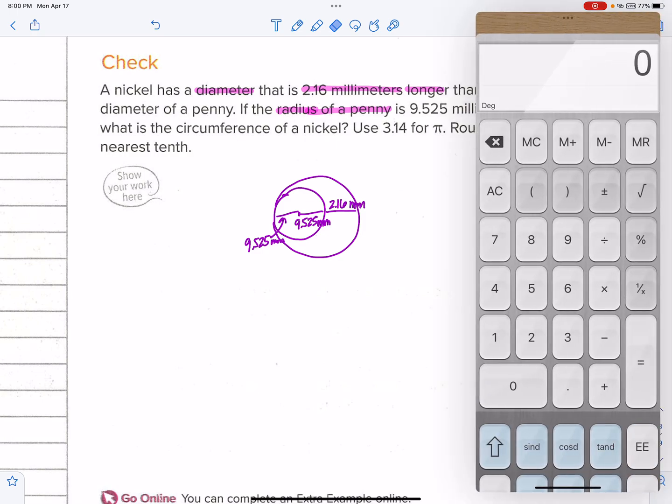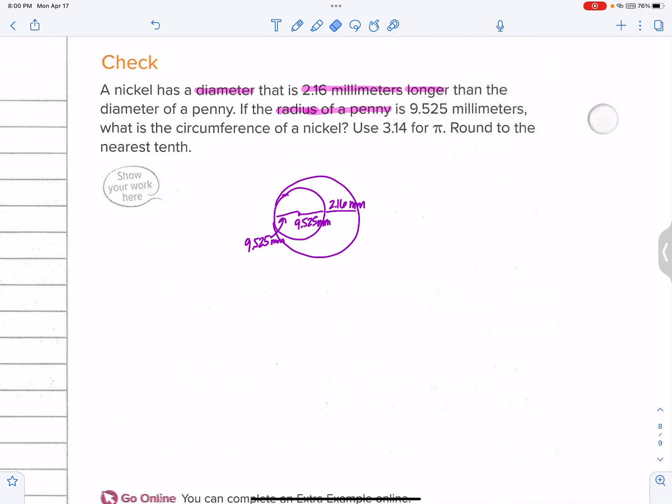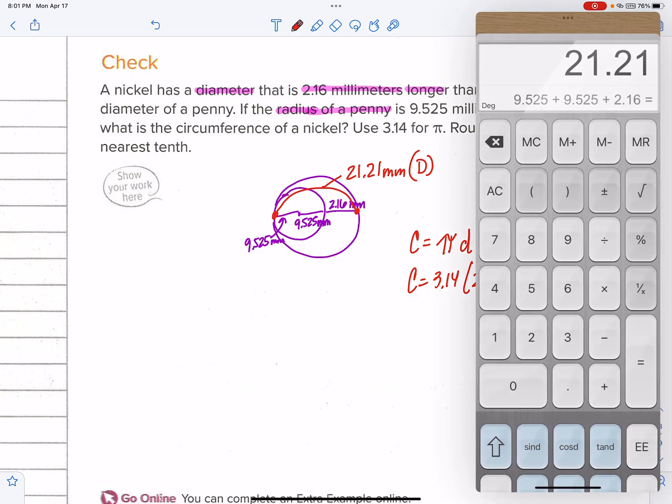So I don't want to risk making a mistake here, so let's go ahead and add it up. 9.525 plus 9.525 plus 2.16, and my entire diameter is 21.21. So from here all the way to here, we have 21.21 millimeters, and that's my diameter. Now that I know that, we can solve the circumference for our nickel. So circumference equals pi d. Circumference equals 3.14 times my 21.21. And then let's go ahead and plug it in. 21.21 times 3.14 pi gets us